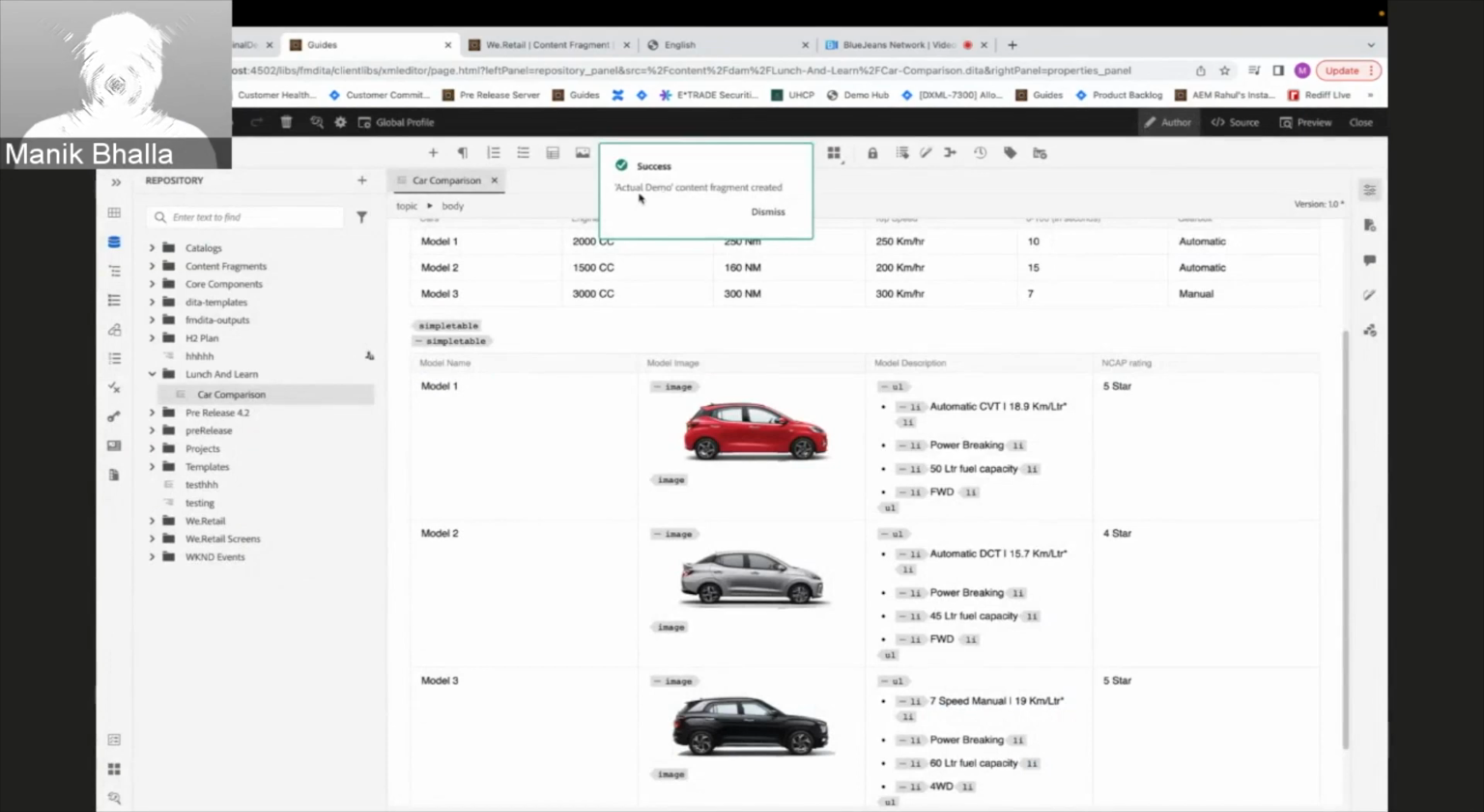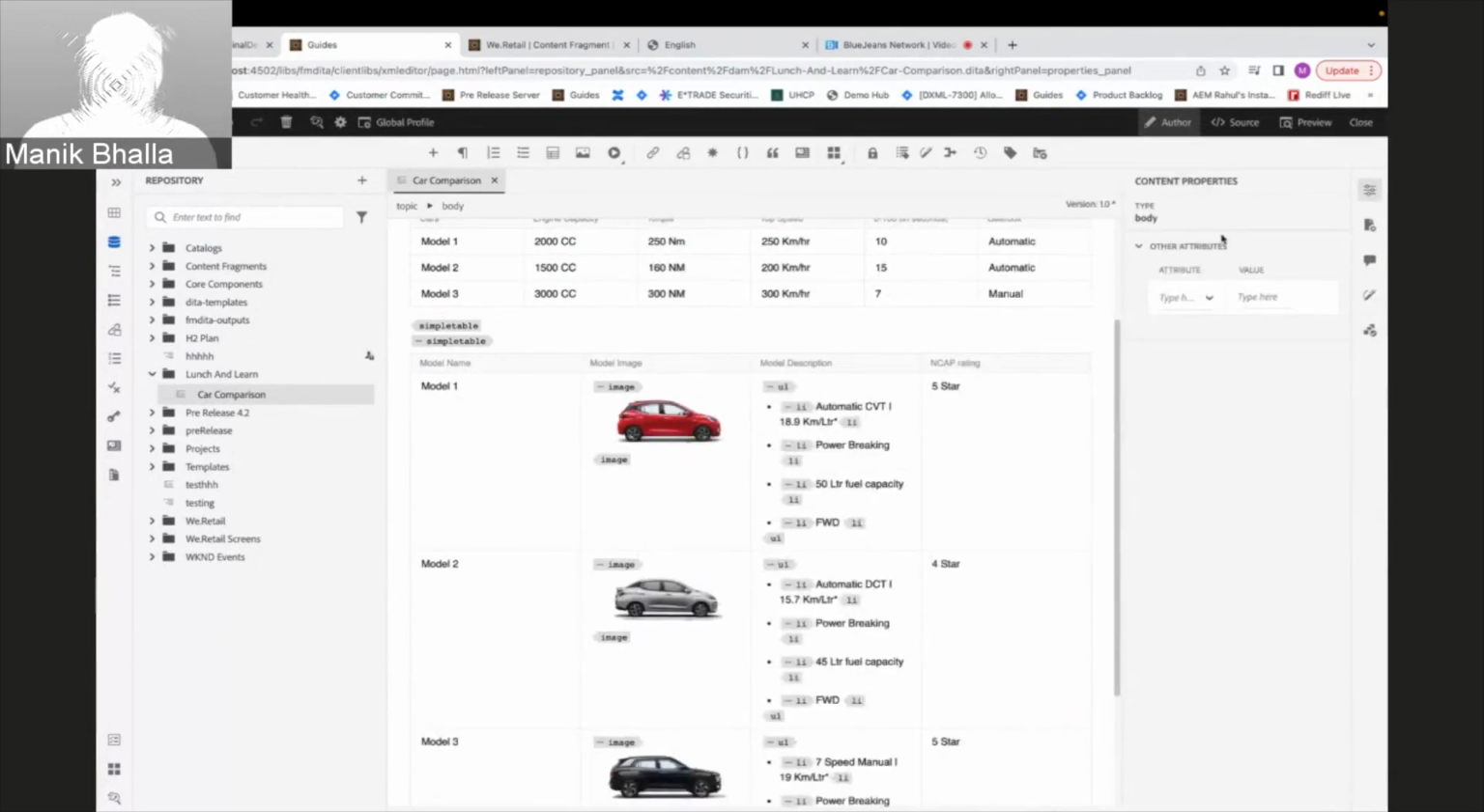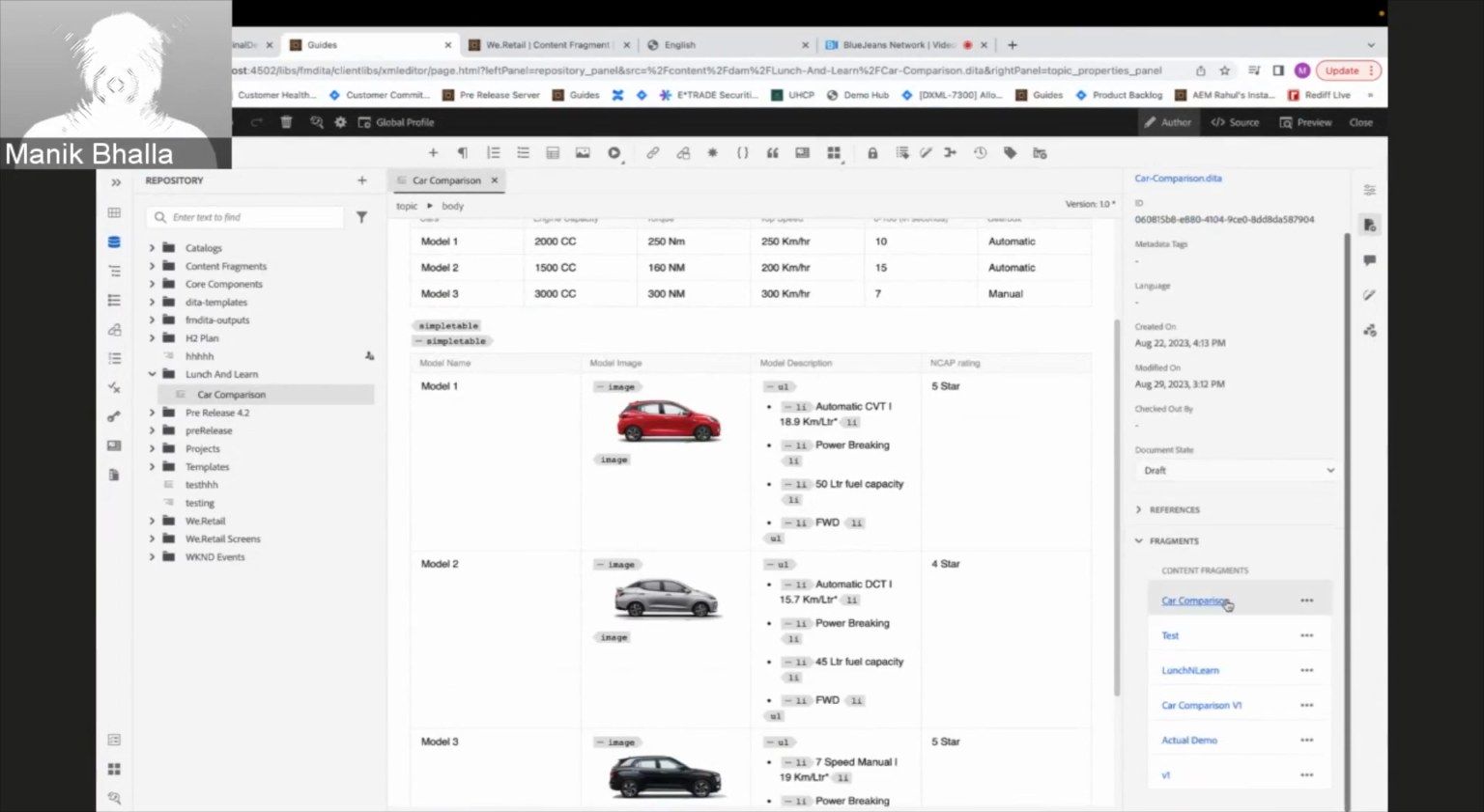So it says that the actual demo content fragment has been published. Now, how do we see where our content fragment is? You see over here, we have a right panel. If you go over here, there is a section known as fragments. If you click on that, you would see all the content fragments which have been published for this particular topic